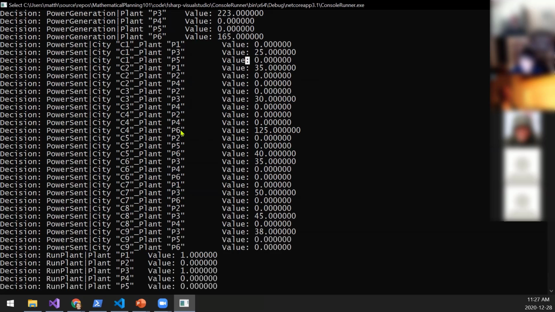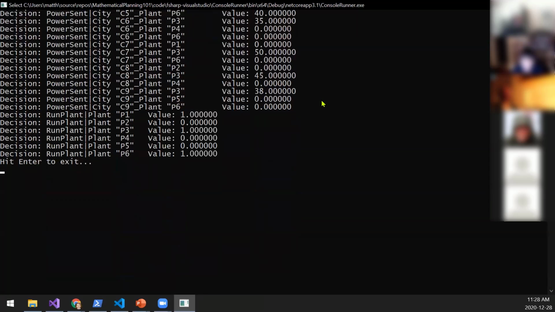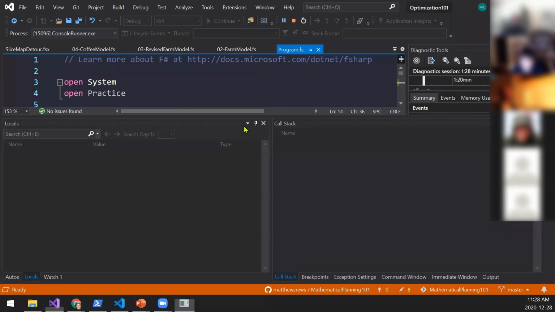This is the kind of thing that's happening all day, every day, as people are optimizing the power generation plans for countries and regions, because there are limitations on how much power you can send along different power lines, how much you can generate, and you have to find this best network distribution while meeting the requirements of the different cities. Any questions on all of that? That example kind of threw a lot at us.